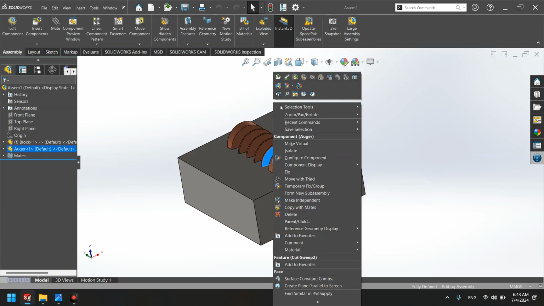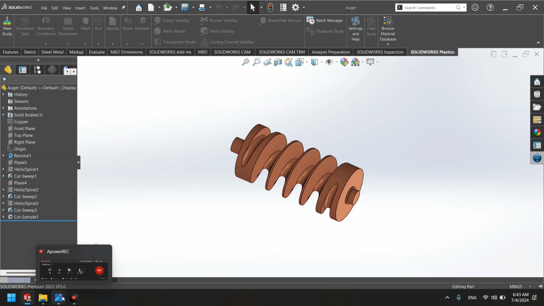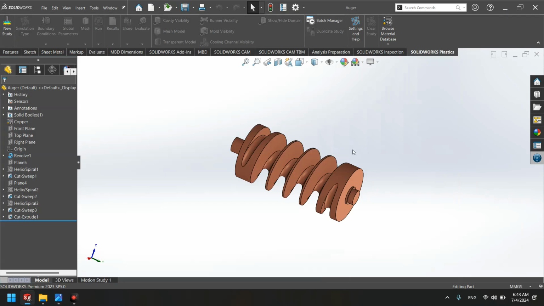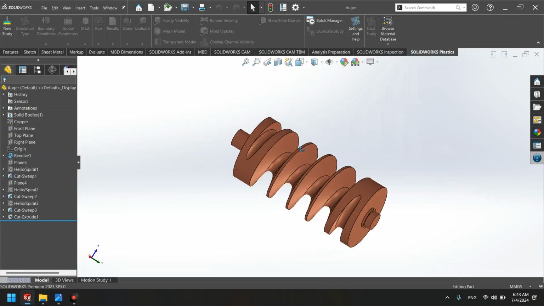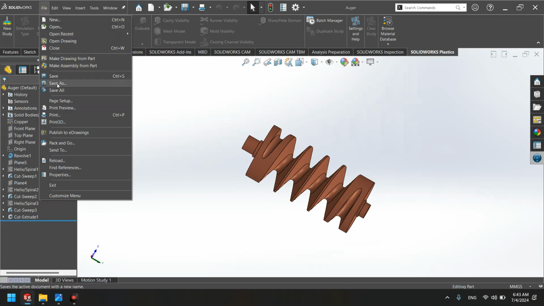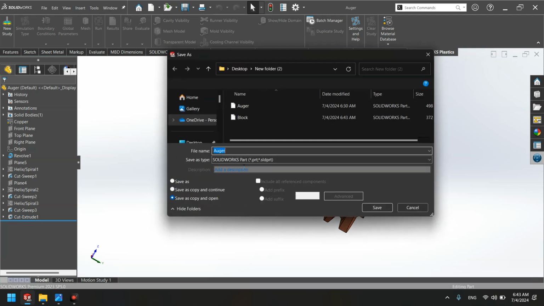But this spark model is going to make a larger cavity due to the nature of electric discharge machining and these gaps. How can I consider these gaps with some easy commands in SolidWorks? It's so easy. You come here, save it as another name, for example, auger actual size,